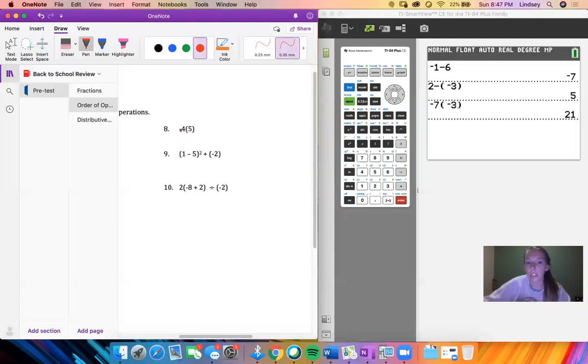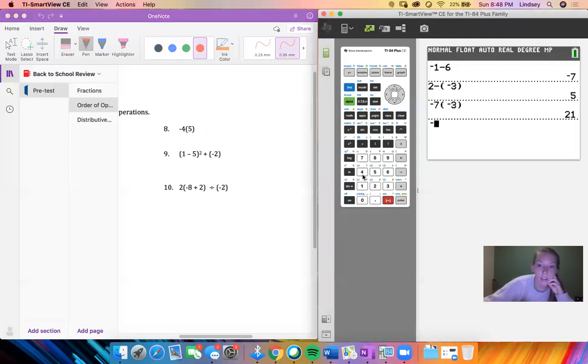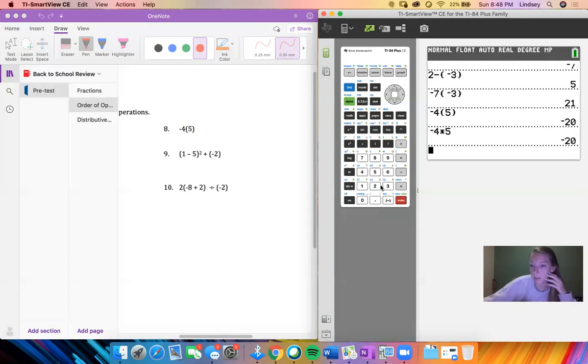So then we have number 8. So once again, it's -4, parentheses, 5. That means you multiply them, okay? If there's not a specific operation, it's just parentheses. That parentheses means that you multiply, okay? So we have -4, parentheses, 5. Okay, if you want to do -4 times 5, you would get the same answer, okay? But the biggest thing is a lot of people just don't know where the negative symbol is, and that's this. Don't get it confused with this because it will say,